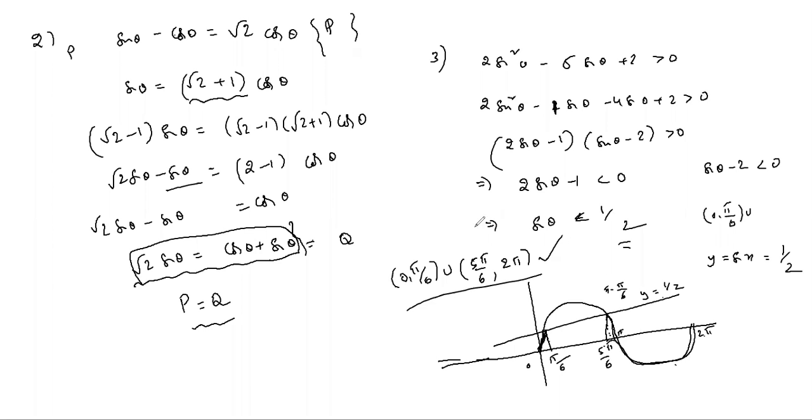To find the range, inequalities or unknown values, we use the graph. Less than means below. Reverse means this is negative. Sin theta minus 2 is always negative. So this is also negative. Negative into negative is greater than 0. Otherwise, if you take the negative value to the other side, the inequality changes.